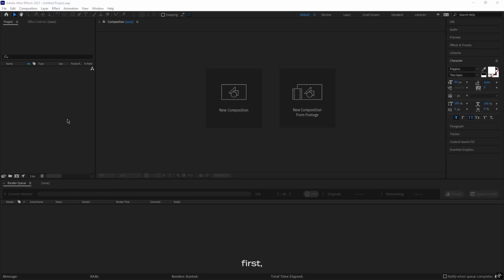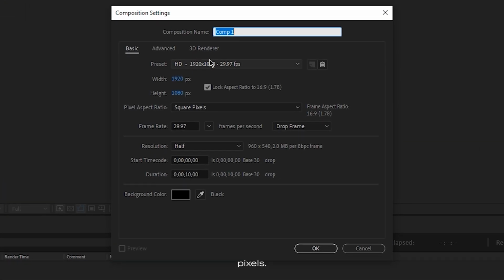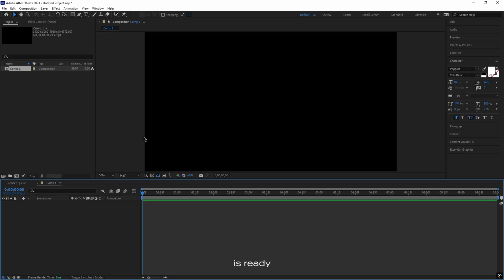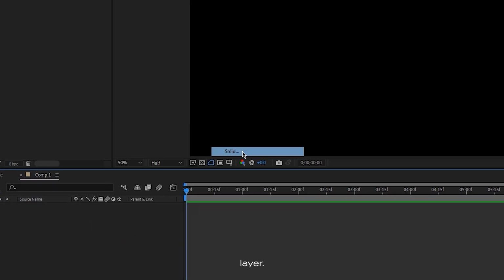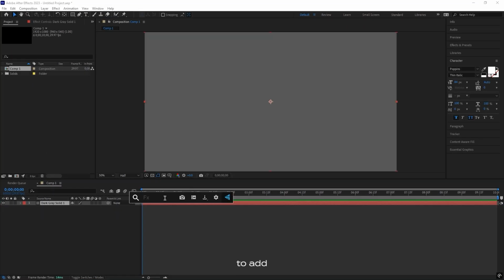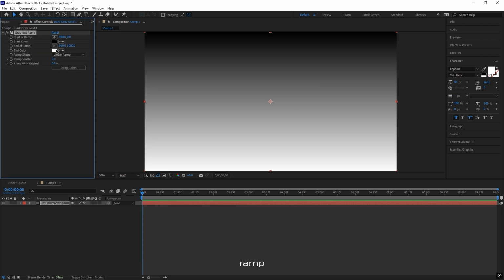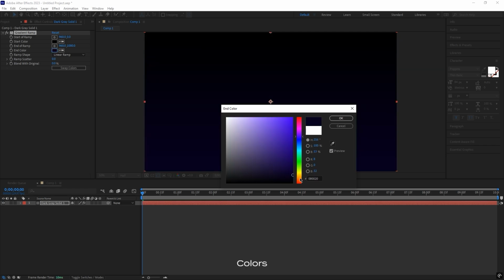First things first, let's create our composition at 1080 by 1980 pixels. I'm using a duration of around 10 seconds, which is good enough for this animation. As our composition is now ready, we are going to add a solid layer. Inside that solid layer we are going to add a gradient. To add a gradient you can either use a 4-color gradient or the gradient ramp. In my case I'm going to go with the gradient ramp because I'm going to use 2 colors inside my